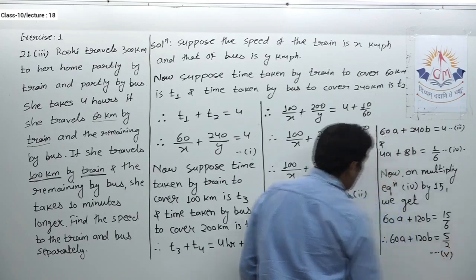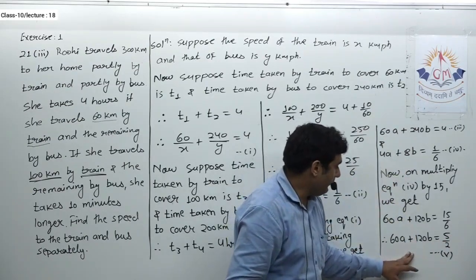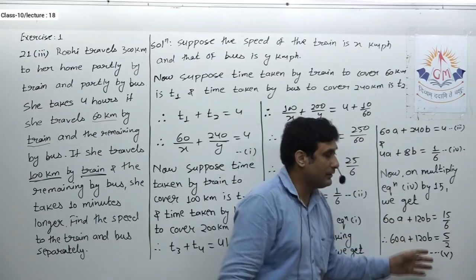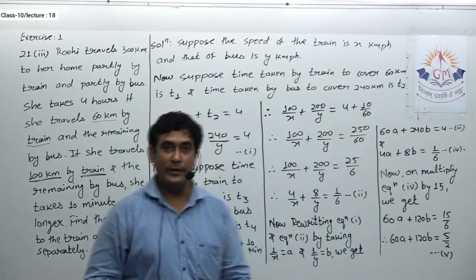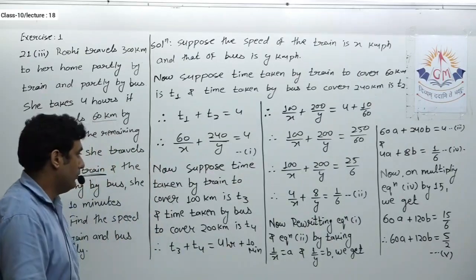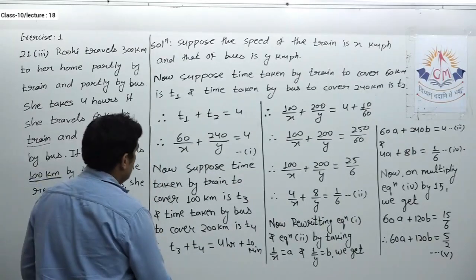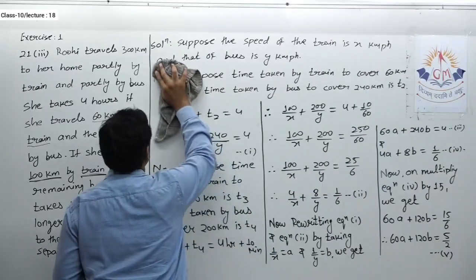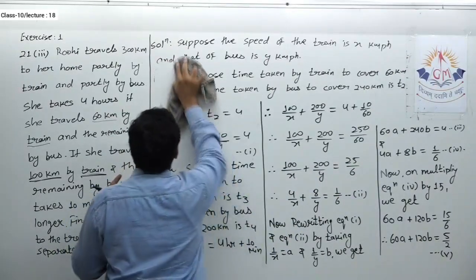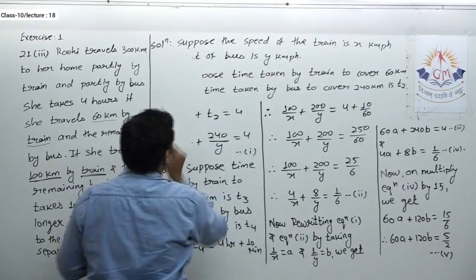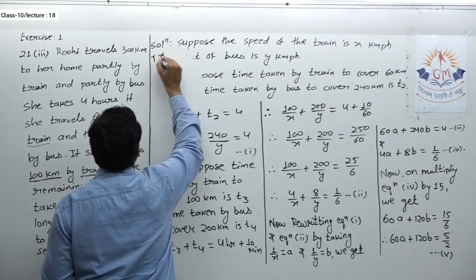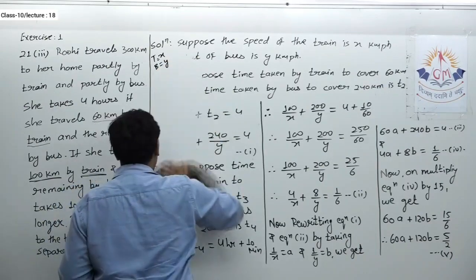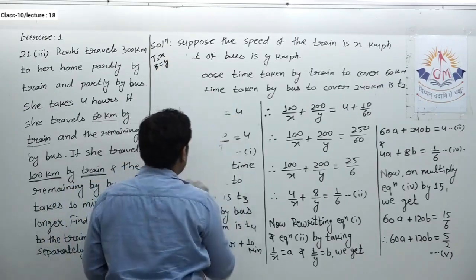Okay, now by subtracting 5th from 3rd, I'll be able to cancel A, and this gives me the first value, that is B. So let us see how to solve it further. I'm keeping that last part as it is. And again the only thing that I will write: for train I assumed X and for bus I assumed Y speed. So I am writing over here. Now I will solve it further.